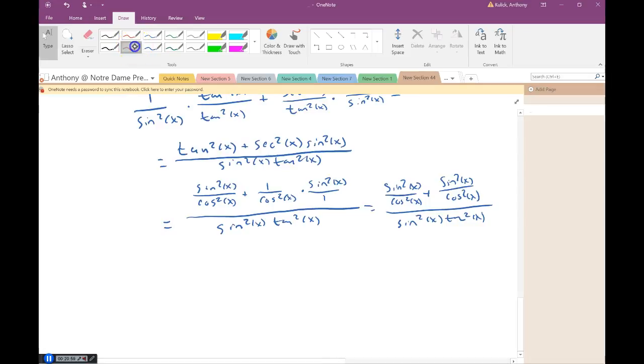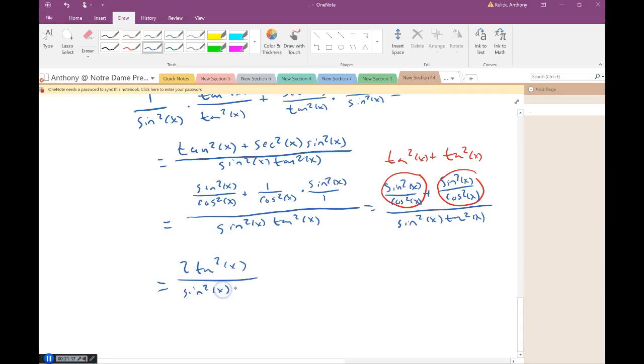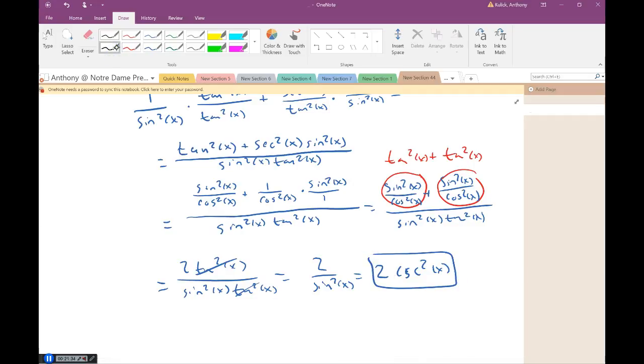So notice that here we have sine squared over cosine squared. Hopefully you recognize this as tan squared. So you have now 2 tan squared over sine squared tan squared. And we end again at 2 cosecant x. So we've done that problem 3 kind of distinctly different ways. There's probably still some more ways you could have gone about doing it to get to the correct answer. Of these 3 ways, I still think that